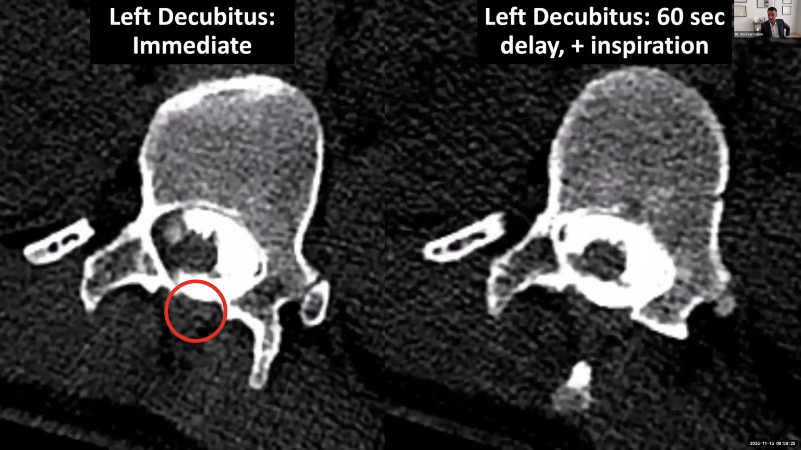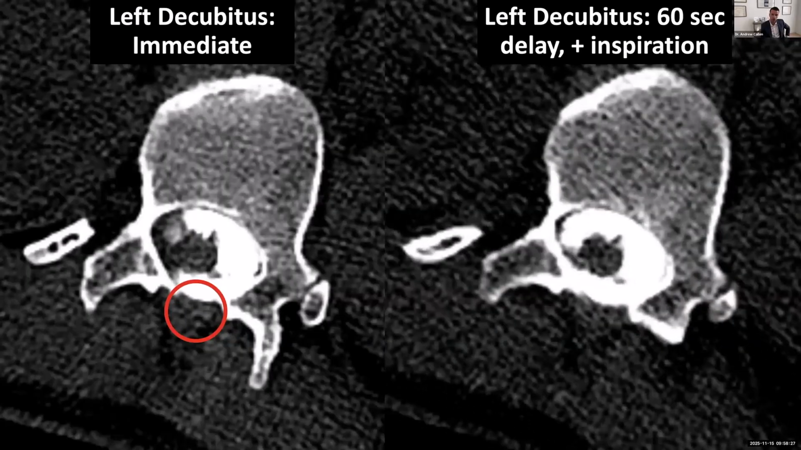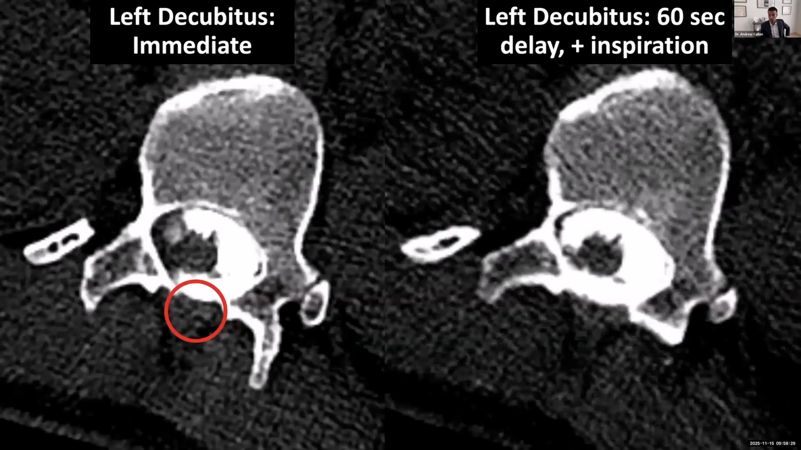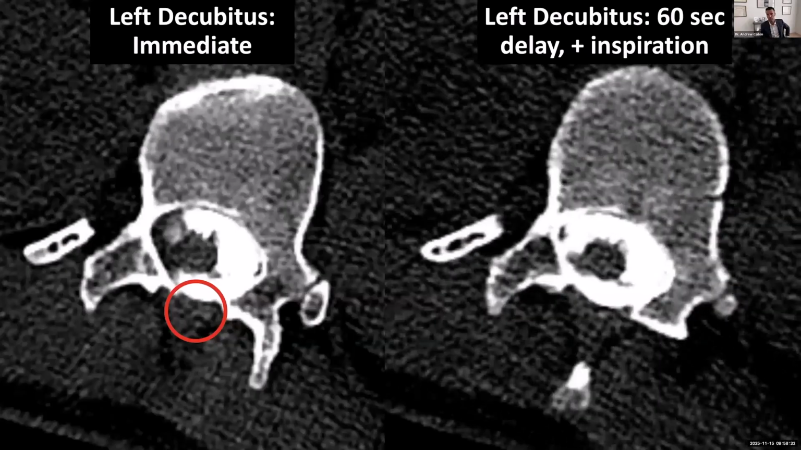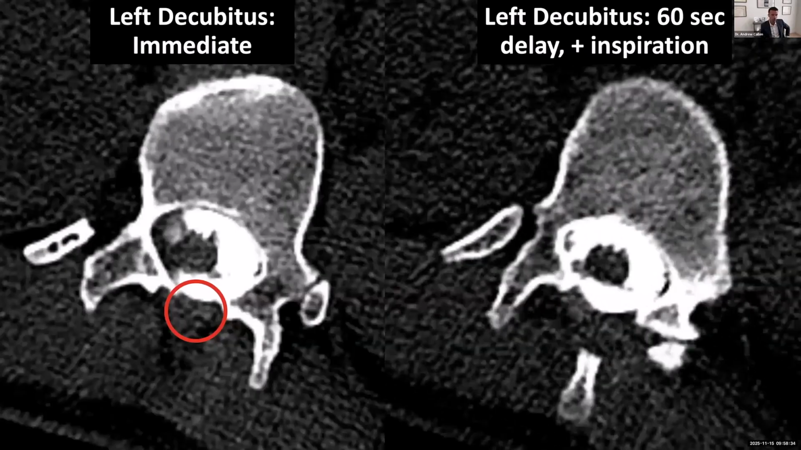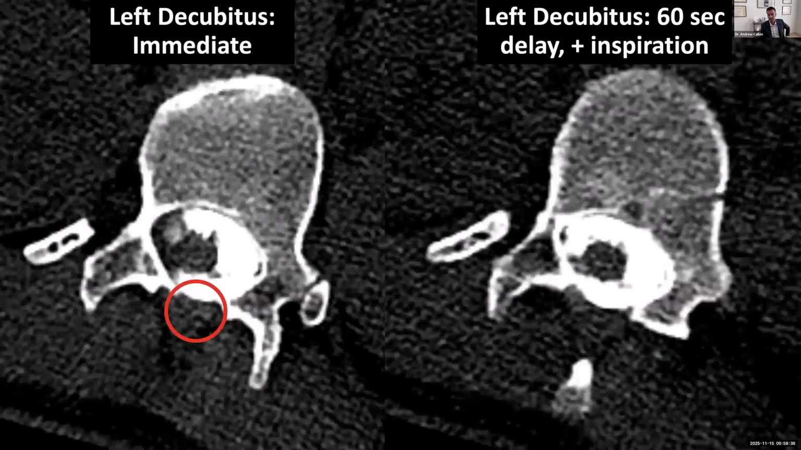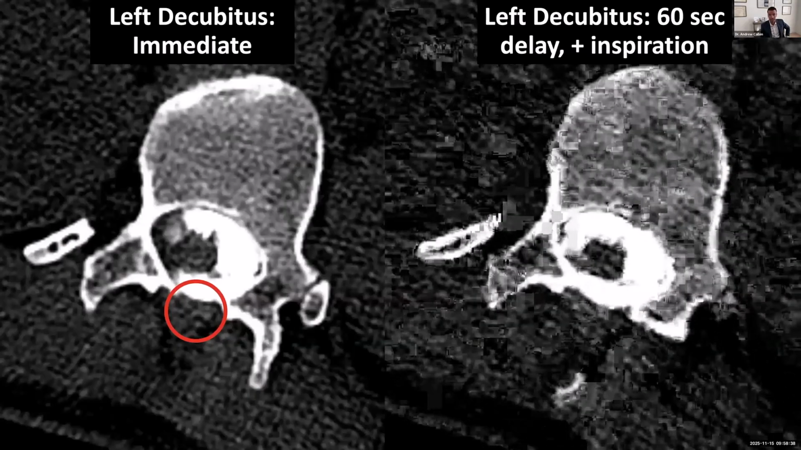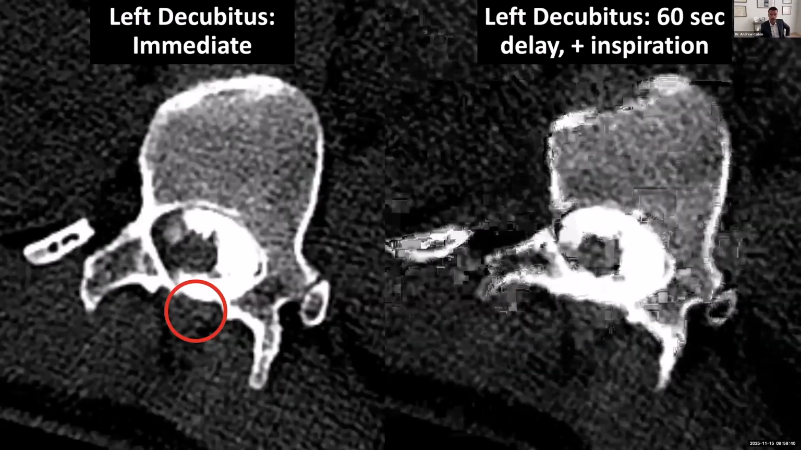And then 60 seconds later, with resisted inspiration, this was gone. And so this was what I think is a very small CSF venous fistula arising from the dorsal dural margin, which is a very unusual place for these to arise. But again, the timing here played a key role in my ability to see this and find this in this